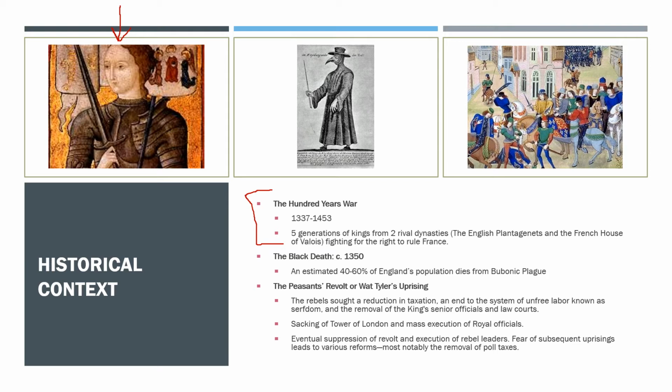Now, I also want to point out that Chaucer is coming up during an age of global pandemic, much like we're experiencing right now with COVID-19. Chaucer is a child or a young man during the peak of the Black Death, around 1350, and during this time, an estimated 40 to 60% of England's population dies from bubonic plague. Now, I don't know about their social distancing habits, but there were masks worn by the plague doctors, although probably a little bit different than the masks you may wear.